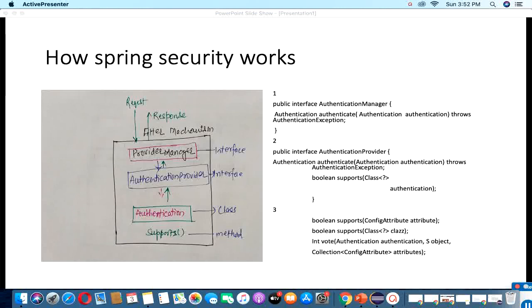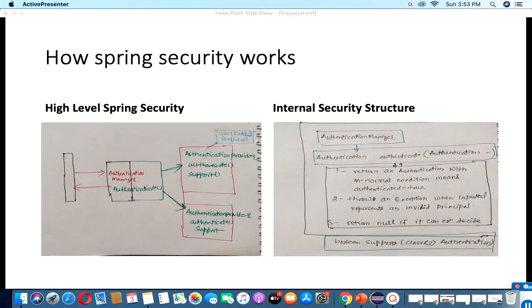the exception. If everything is matched, then the authentication class returns the user credential along with the user information, like the username, password, role, expiry date, token time, etc., related to that authentication mechanism. This slide is the very high level structure showing how the authentication mechanism works in Spring Security.